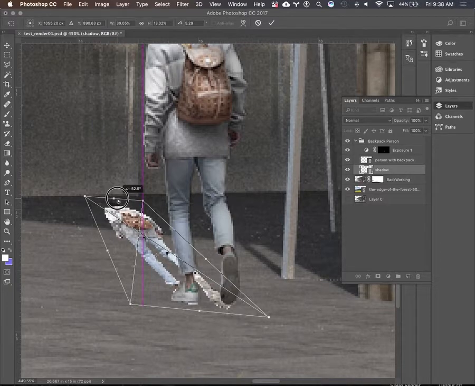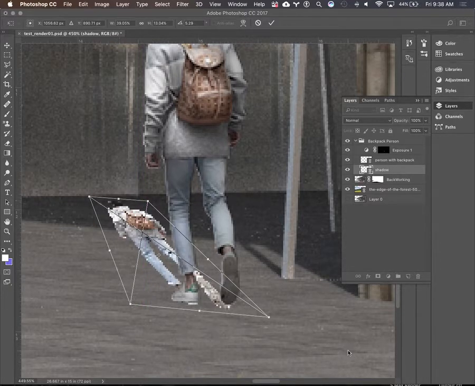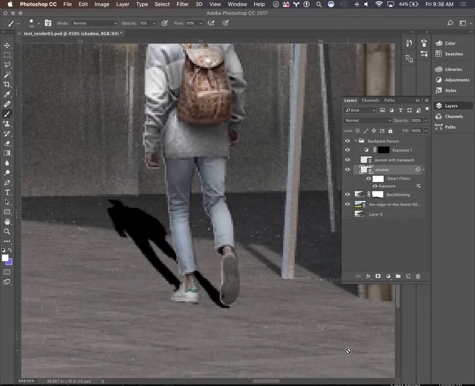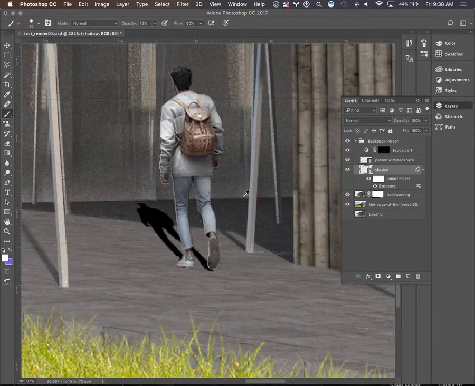Just tweaking it a little bit. Okay, that's probably pretty good. Then I'll hit enter. So I have a little bit of a shadow here. So this is where we can start to look at